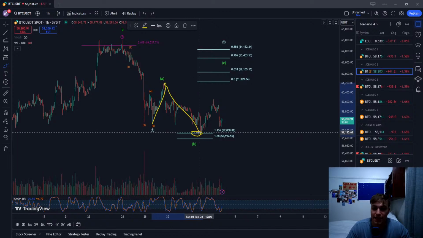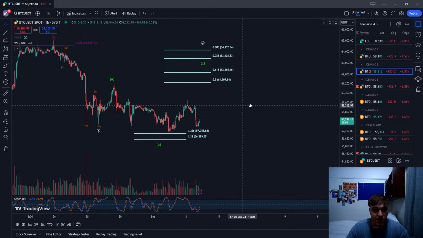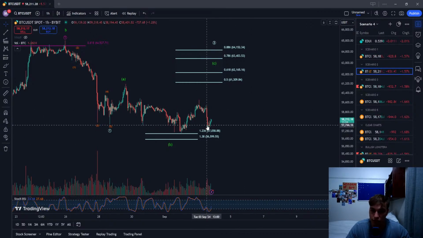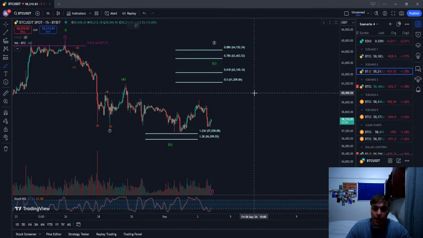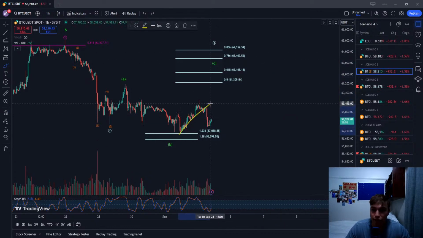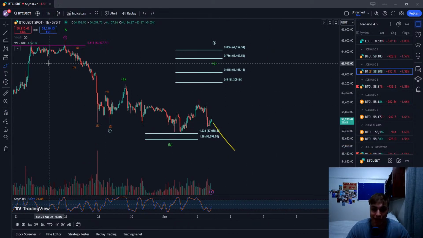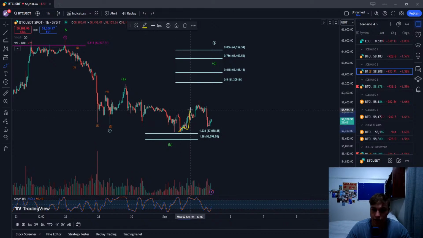So this wave 2 would be a wave A, then a wave B in an expanding, and a wave C. The issue here is this wave C needs to now prove itself. This is supposed to be a 5-wave move to the upside. So if we don't have 5 waves up, the likelihood that this low is going to get taken sooner than later is high.